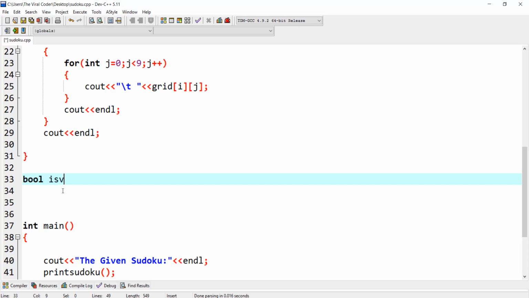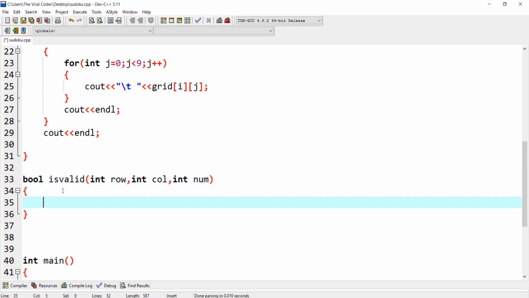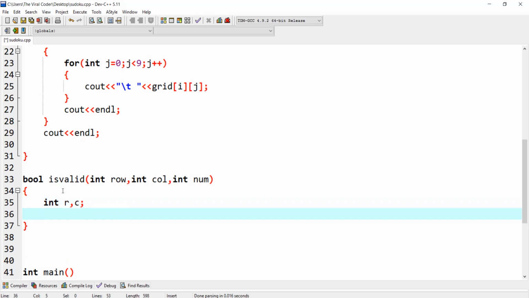So bool isValid, and it will receive 3 values, right? First, the row and column, the position of that cell, and the number which you want to put there, whether it is valid or not. So I will declare a variable for the loop, for maintaining the loop. So let us check for c equal to 0, c is less than 9 and c plus plus,